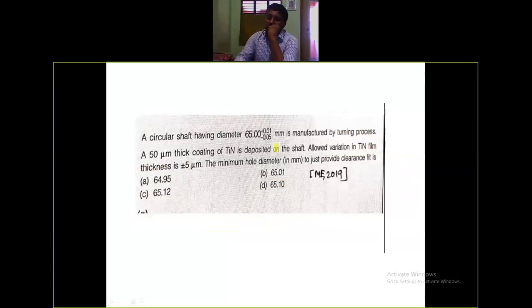Okay, next question. Again it is a coating question, similar. A circular shaft having diameter 65. Similar type of question. Here the answer will be,